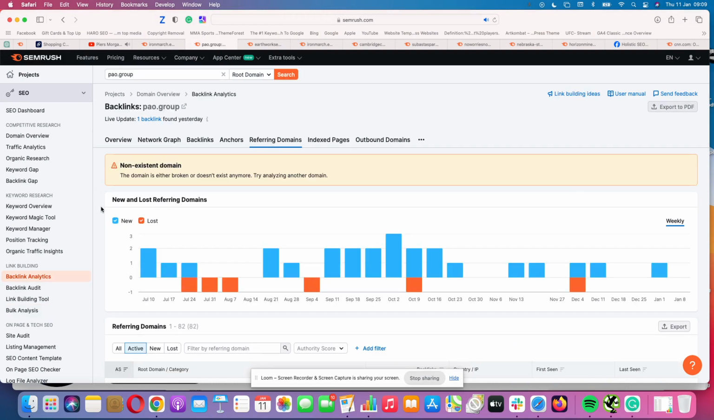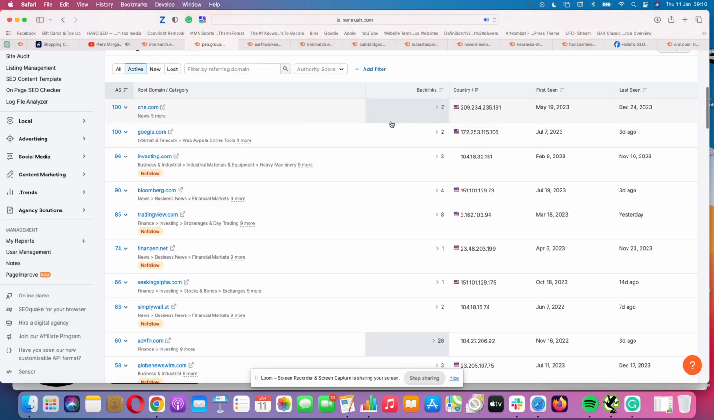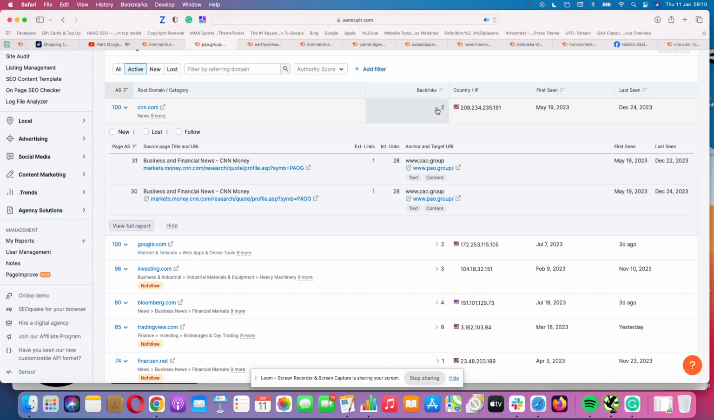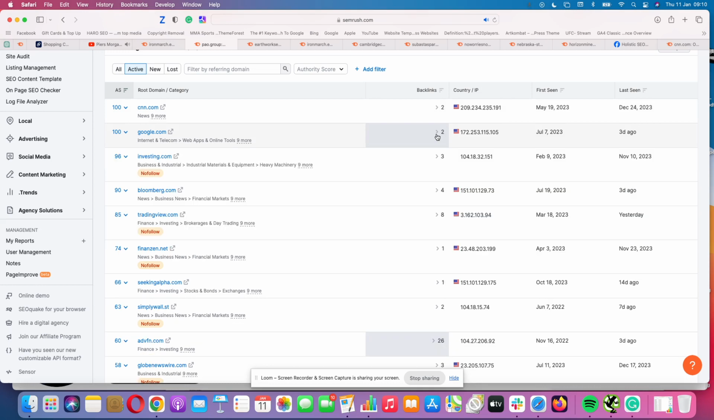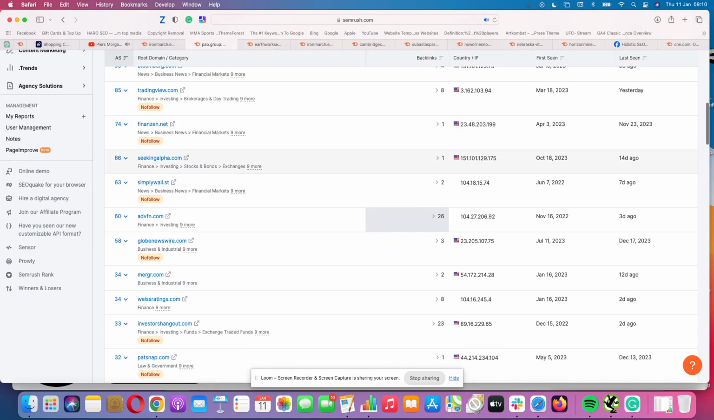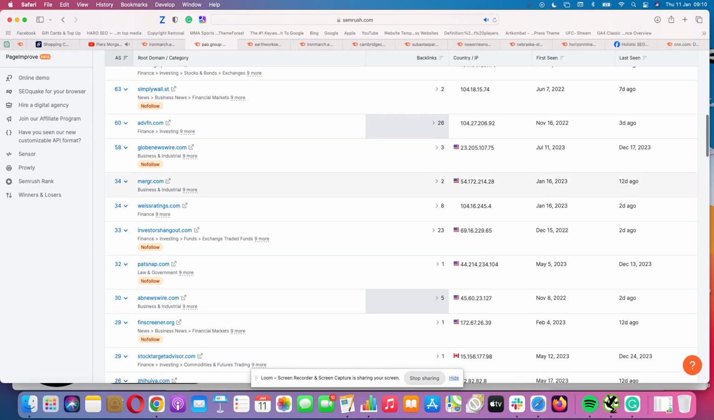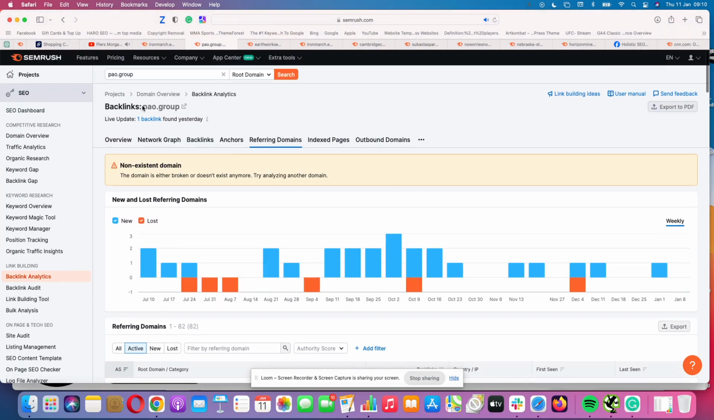This one here was PAO.group from this list. And you can see it's got some nice links here from CNN.com. It's got some from Google.com. And this is in the financial market, and I know that finance domains are very expensive. So in this one alone, we have investing, Bloomberg, lots of nice financial domains here, lots of nice referring backlinks. And we could just show you this should still be available, obviously, because